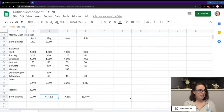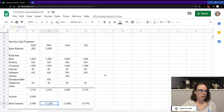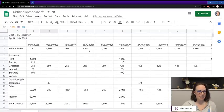So we need to figure this out by May, by the end of April, which tells us basically the same thing, but I think it might be easier to think about in terms of actually plunking these numbers in, because I like to see it in the detail that is every week, but sometimes it's hard to be like, oh, okay, I know I'm going to have to get my